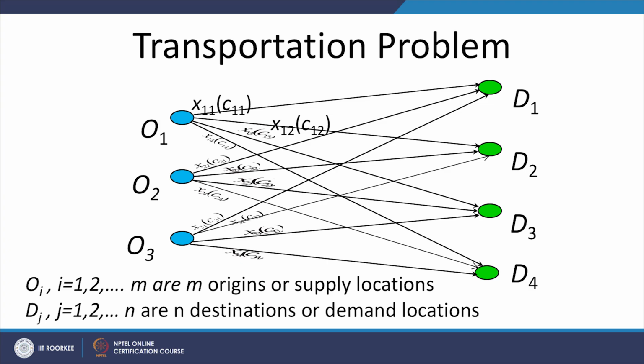So, the definition of the transportation problem is as follows. Let us suppose there are O1, O2, O3 some origins, and in general they could be m number of origins or supply locations, and on the other hand we have D1, D2, D3, D4, and in general there could be n number of destinations or demand locations. Now, there is a product which has to be supplied from the sources to the destinations, and the cost for supplying the commodity from the ith source to the jth destination is given in terms of a matrix Cij. We are required to determine the number of units that should be transported, that is the Xij's, the number of units to be transported from the ith source to the jth destination in such a way that the overall cost is